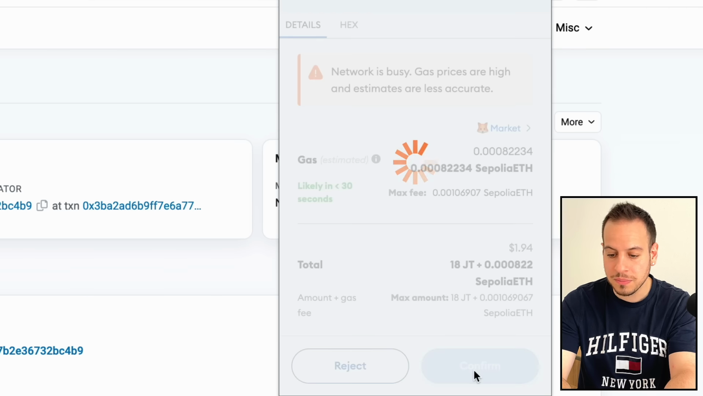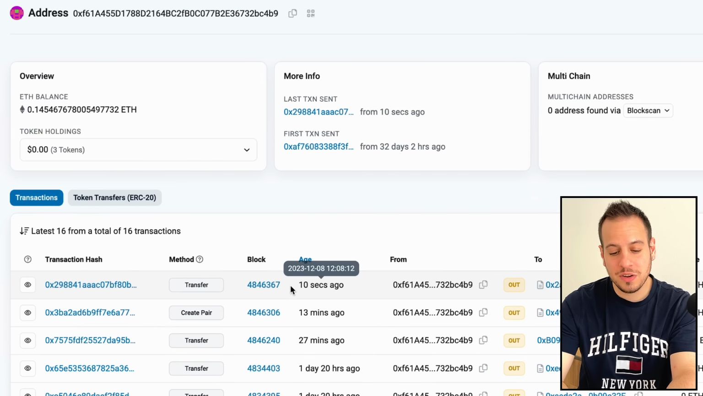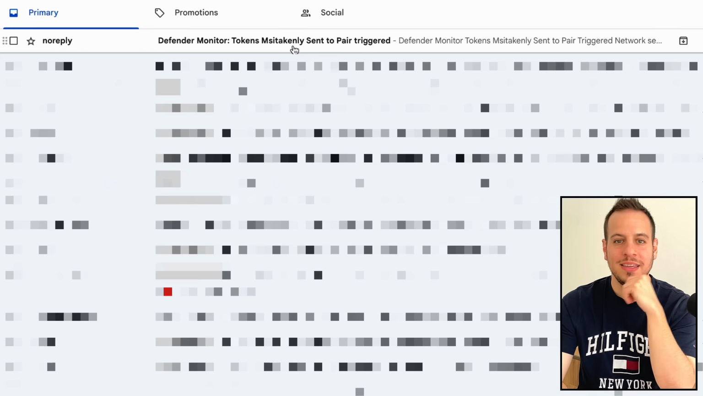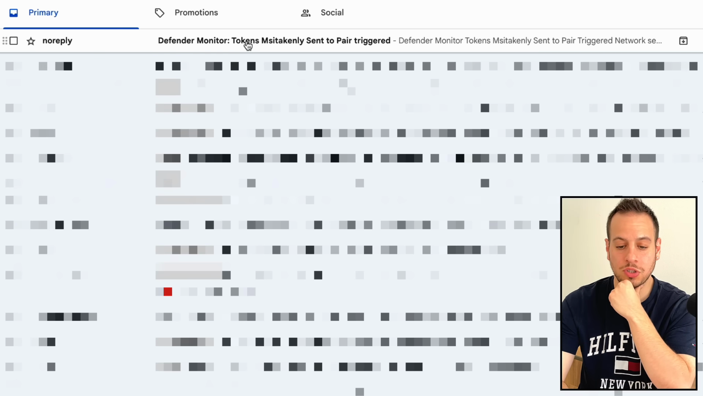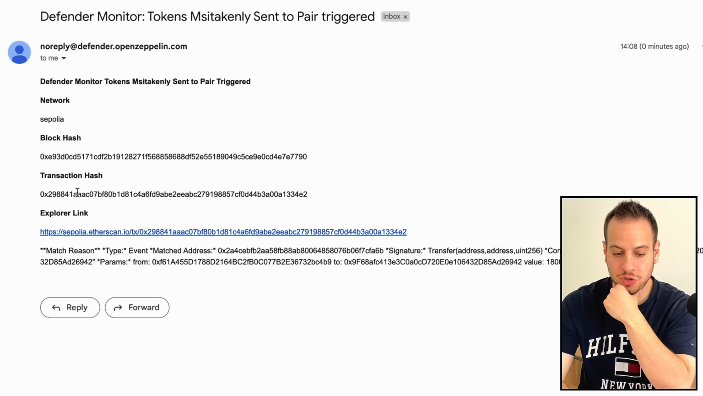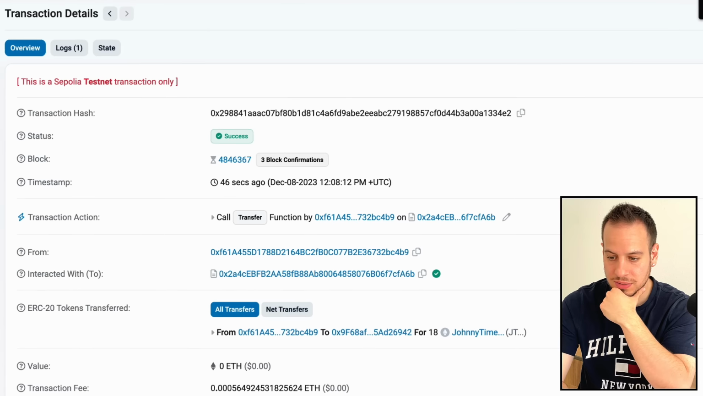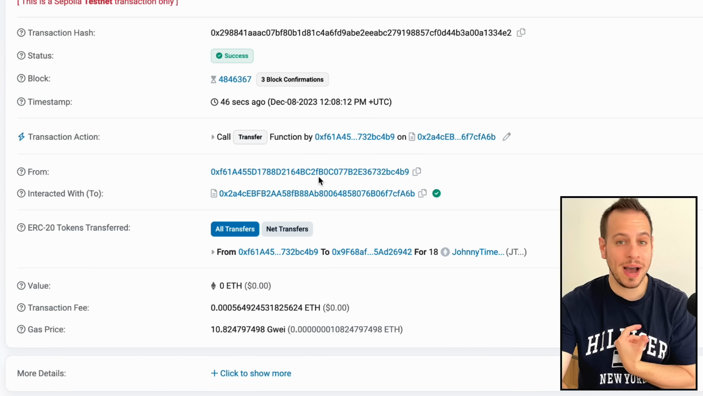So I'm going to confirm the transaction, and the transaction was submitted 10 seconds ago. As you can see, the tokens were transferred. Yes, beautiful. We got a new email over here from the Defender monitor: Tokens mistakenly sent to per triggered. We have a link here to the transactions, and we can see here the transfer of tokens from my wallet to